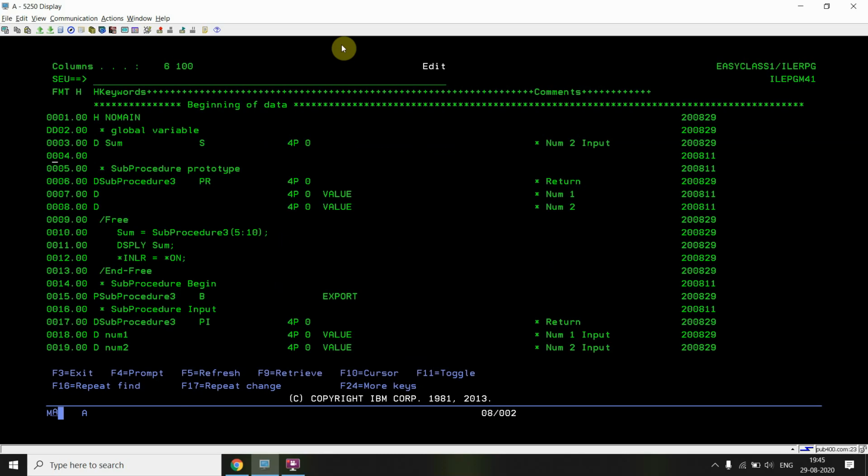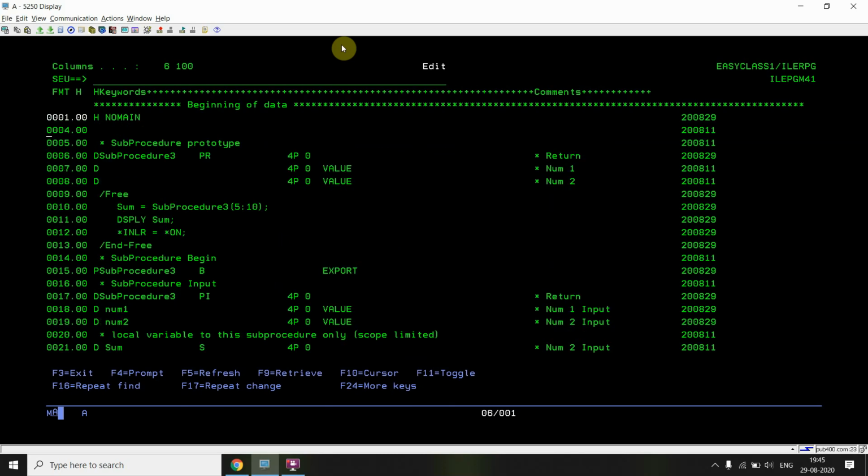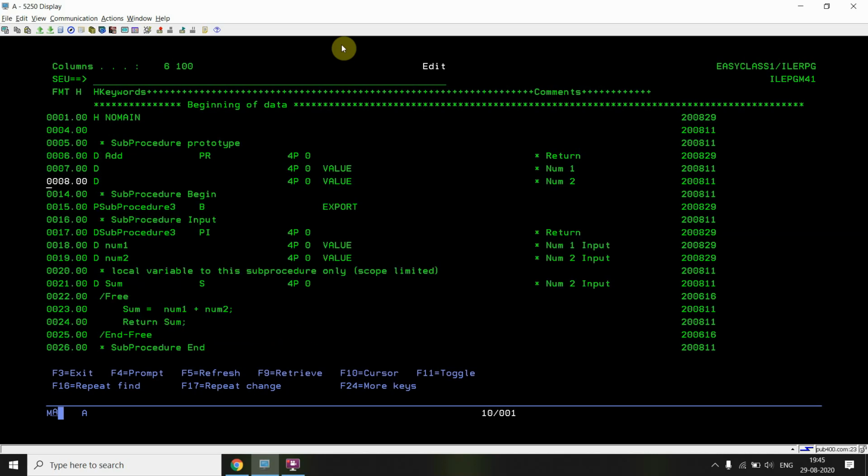It does not require any global variables. So the first module, first sub procedure would be add, accepting two numbers and returning the sum. I don't need the calling of that. This is the body of the sub procedure add.